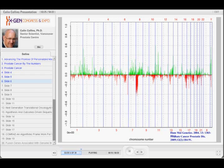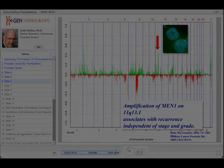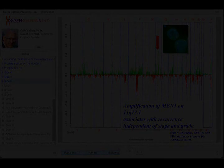What you're looking at here is the result of the array CGH study, amplifications on the top, deletions on the bottom, and frequency here. And when we analyzed this bioinformatically, we found a single amplification here on chromosome 11 at the MEN1 gene that predicted a post-operative recurrence independent of stage and grade. So that's important. We were doing at least as well as pathology, but a single marker doesn't do a lot of good in a disease that's both clinically and molecularly heterogeneous. So